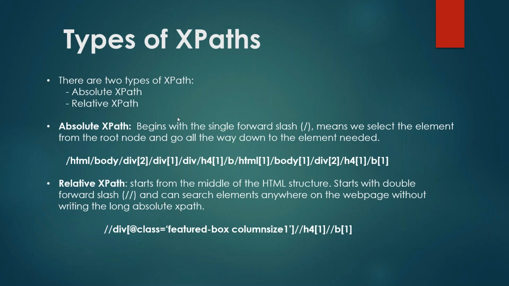First, absolute XPath is used to scrape only one element, and relative is used to scrape more than one element. It's the same as find element and find elements. You all getting it? In find element, we were only scraping one element. In find elements, we were scraping more than one element. So same is here. Absolute XPath will scrape only one element and a relative XPath will scrape more than one element. So it depends on your